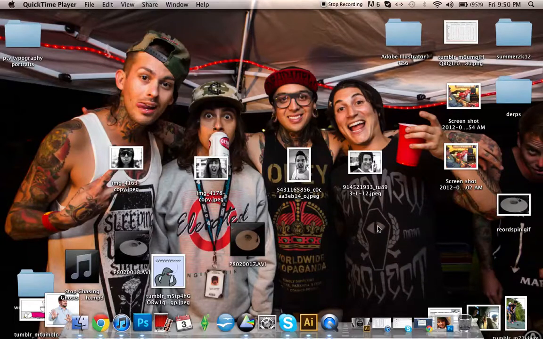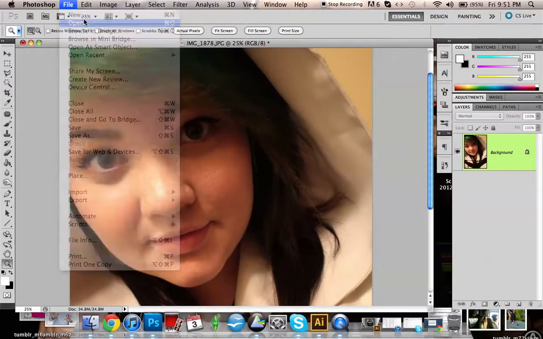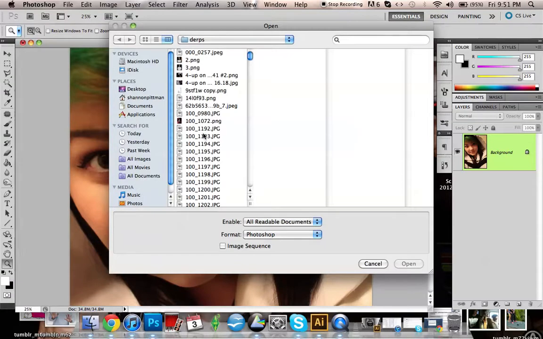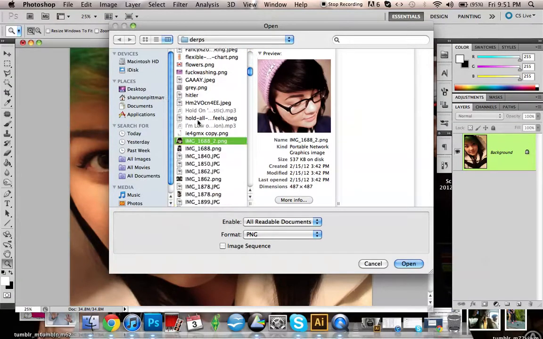Okay, so somebody wanted me to do a video basically of how I edit my pictures in Photoshop. So I'm just gonna use this old picture just for comparison. I'm gonna open up the edited version that I already have. I just have to find it really quick